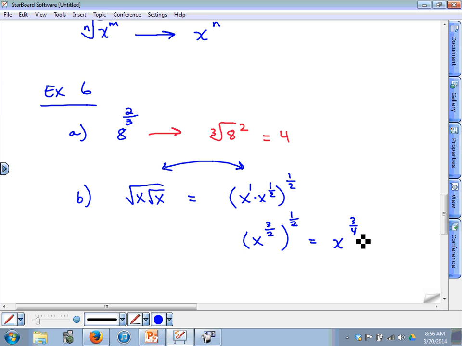So being able to switch back and forth between rational exponent form and radical form can make a potentially impossible problem, this one looks pretty difficult to do, you switch it over to rational exponent form, wasn't that bad. So, that's it in a nutshell. It was a little bit quicker than I would have liked, but